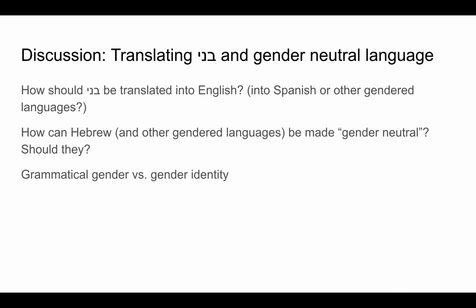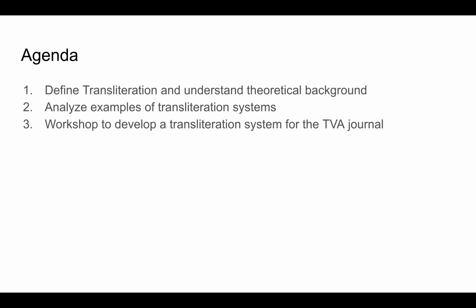What is transliterating, and how does it differ from translation? We're going to start by defining what transliteration is and understanding some theoretical background so that you can understand what is important to know about this topic and why it's important. We're going to analyze examples of different transliteration systems, and we will not be workshopping. This is something that I did for a separate occasion, but we could talk about some of the issues that